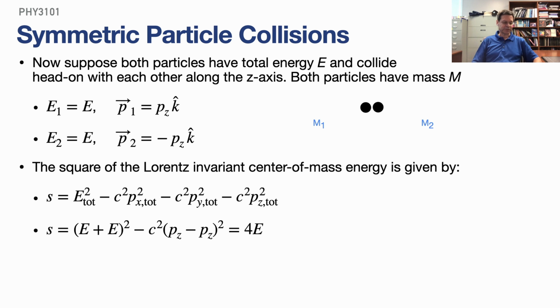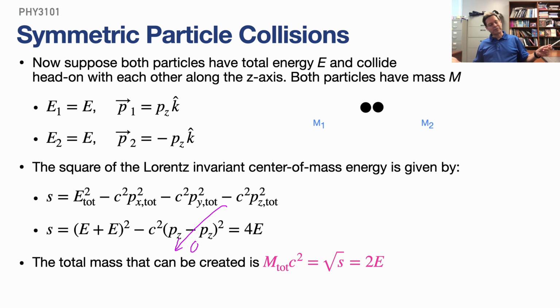Well, what is it for this case? Well, the total energy in this symmetric particle collision is E1 plus E2, but that's E plus E, which is 2E, quantity squared. What's the total momentum squared? Well, it's Pz minus Pz, but that's going to be 0 squared times c squared. So actually, that second term is going to be 0, right? So I cross out that term, and I just have E plus E, which is 2E quantity squared, which leaves me 4E squared. So in other words, the total mass that can be created in such a collision, which is the square root of S,